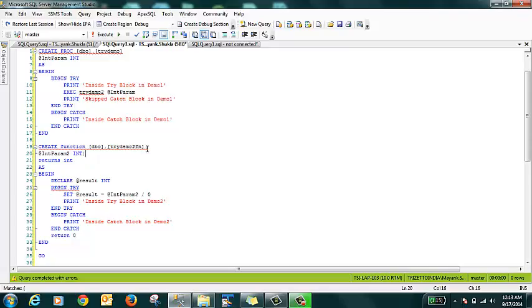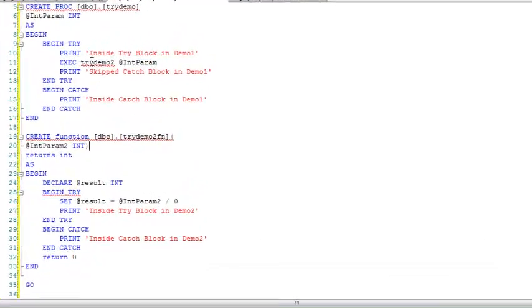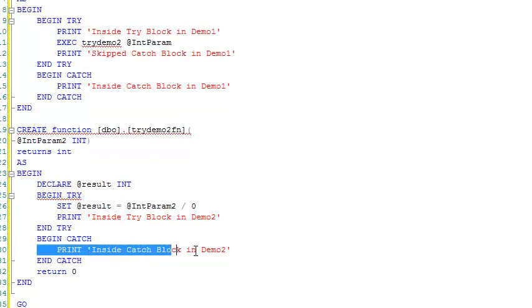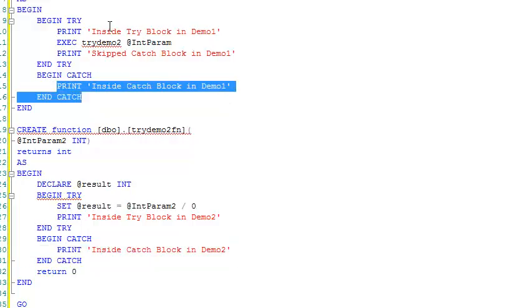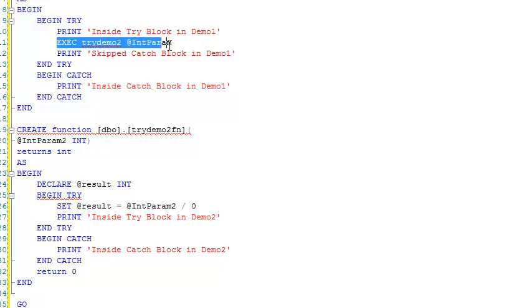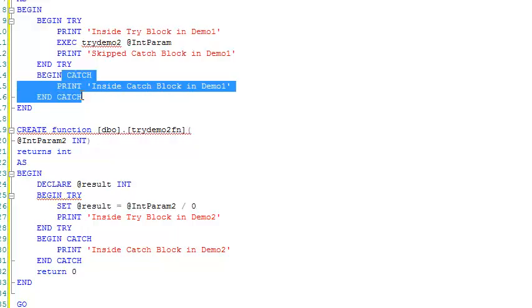So what would have happened if a function would have allowed a begin try statement? An error might have come, it might have been caught here, and then it would have never gone to the catch block of the procedure. So in a way, an error which came to the procedure would have skipped the catch block, right?